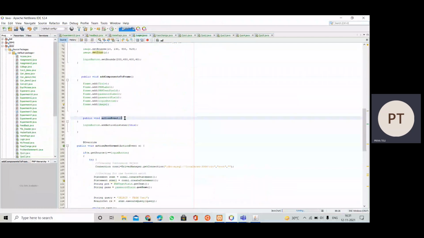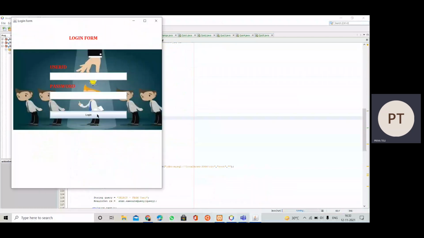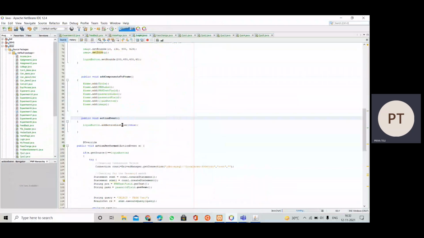Then we have this action event method, where we have added an action listener to our component. So here we need to add action listener to this login button, because the event must be specified, what should happen when we click on this login button. It is not necessary to add action listener to text fields here. So we have just added this to our login button with the help of this add action listener method. Then in the bracket we are going to write this keyword, as this method is in the class which implements action listener. If it is not so, we can simply write here new action listener. We can call the constructor of that class.